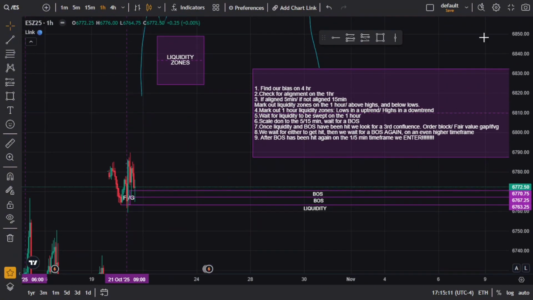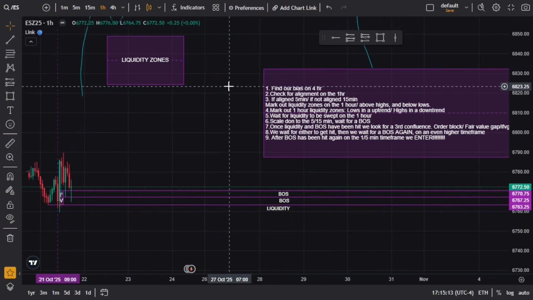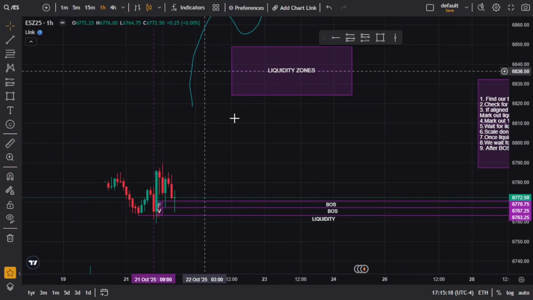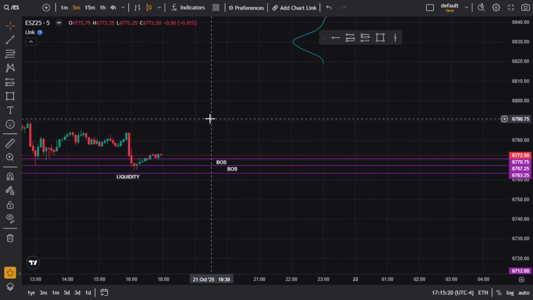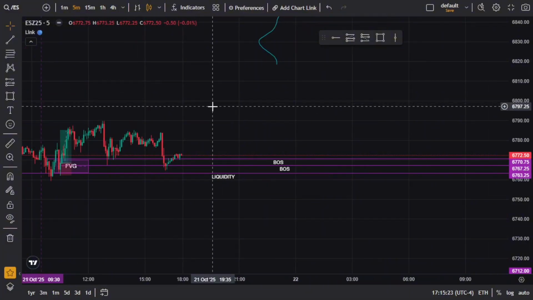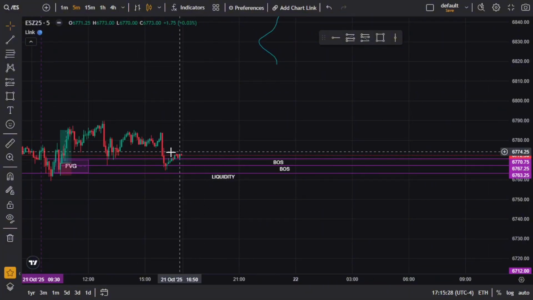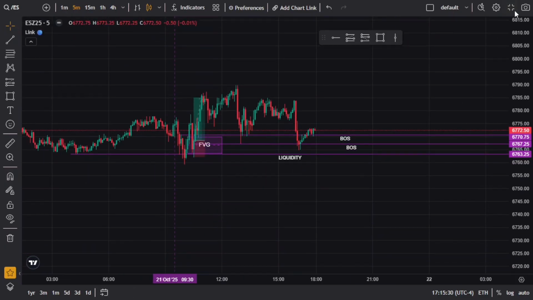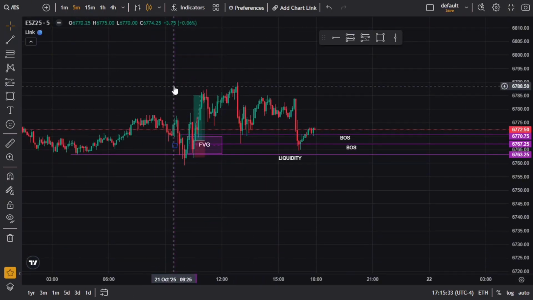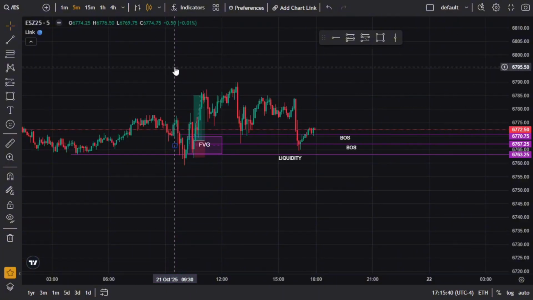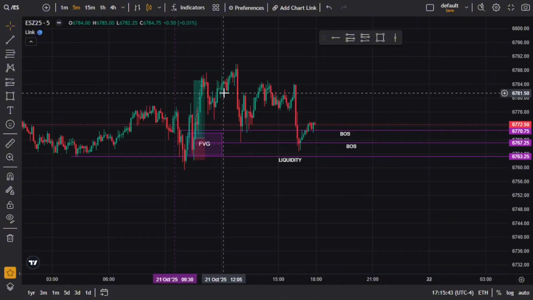But our first step, before we even check the bias for the day, we're going to mark out when market opens. We're going to scale down to the 5-minute time frame. And as you can see down here, there's a little gray box at the very bottom of my screen. You see it moving with time. I always mark out 9:30 on the 5-minute time frame. So we did it here. I forgot to do it earlier though. Always mark out when your market opens, or your session, I meant.